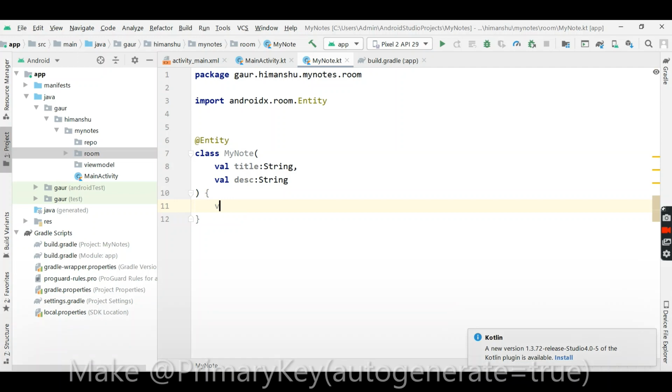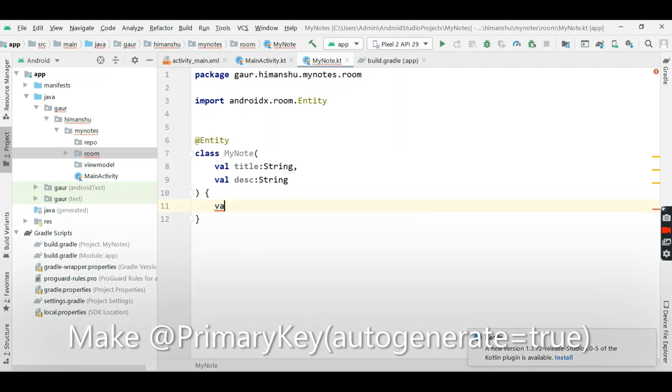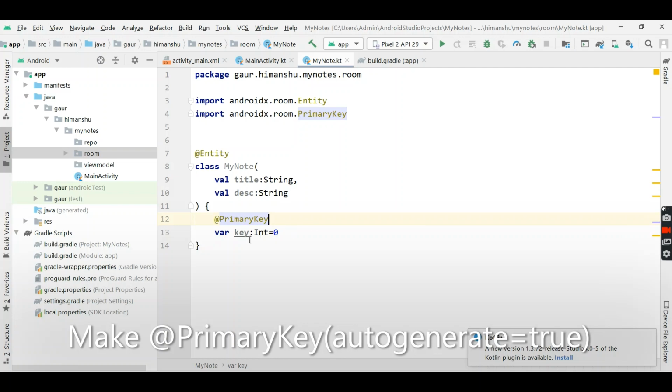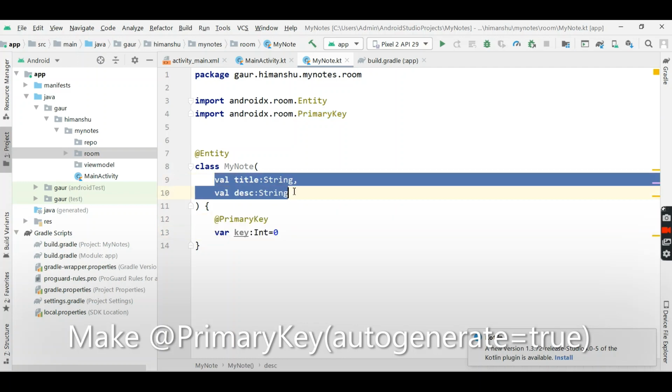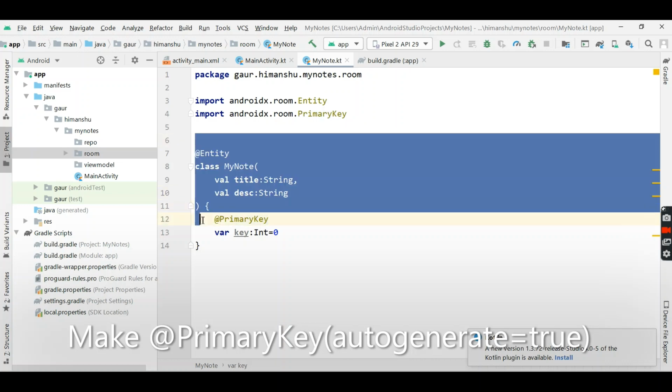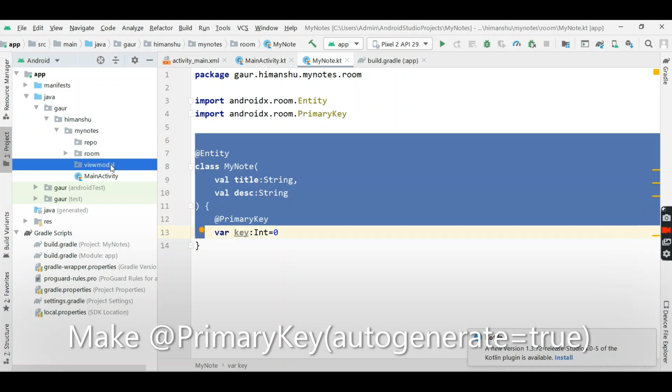Now I create a variable of type var, named key, which is of type Int, and initialize it with 0, which is our primary key. So this is our primary key and these two are our variables and this whole class is our entity.